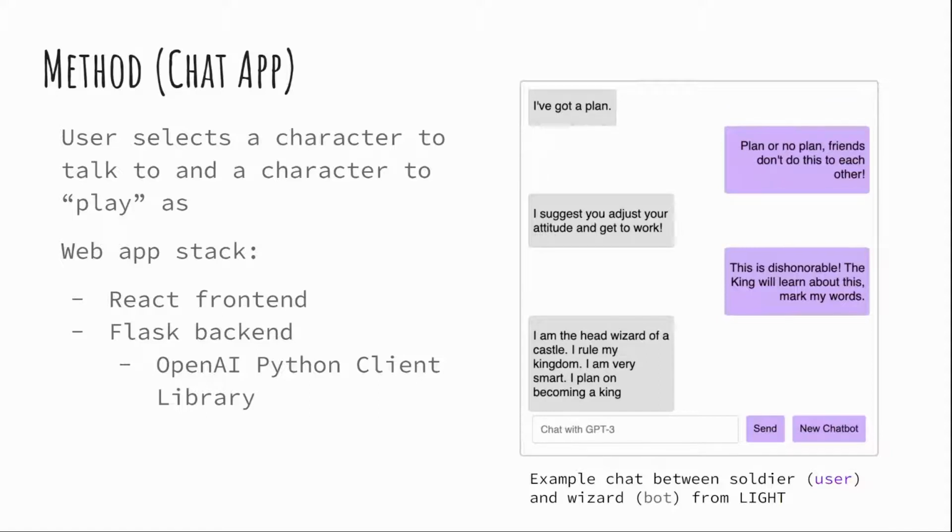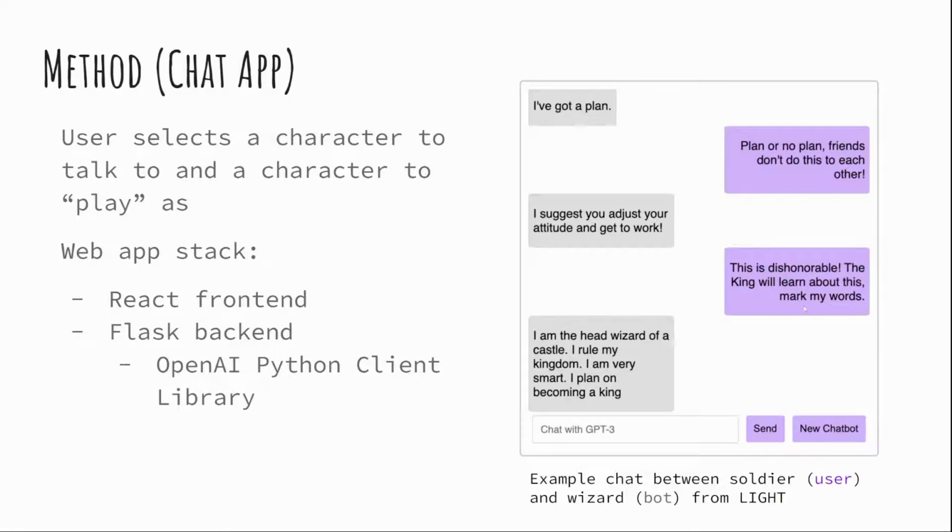So on the right here, I've got this example chat between the user, which is pretending to be a soldier, and our bot, which is pretending to be a wizard. And as you might be able to tell from the conversation, the wizard kind of got some ideas about his position and what he could do, which may not be so great for the soldier, but it is great for us because I think it really shows the power of our model and the experience that you can get